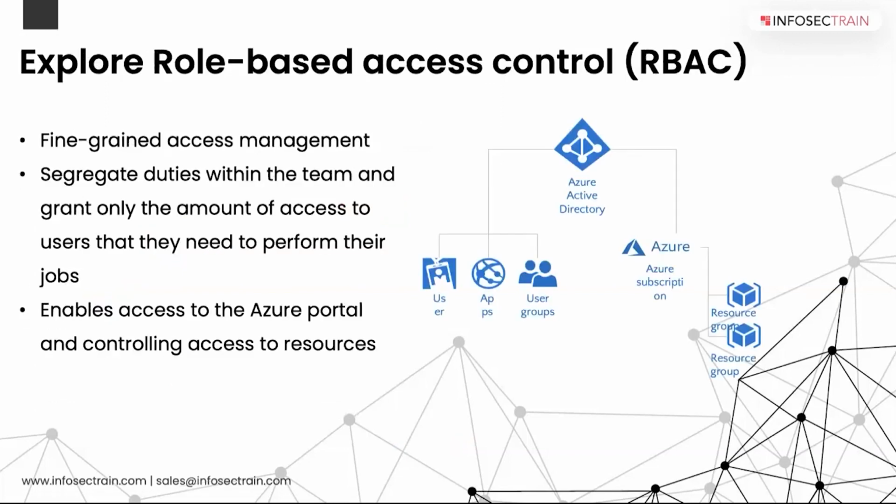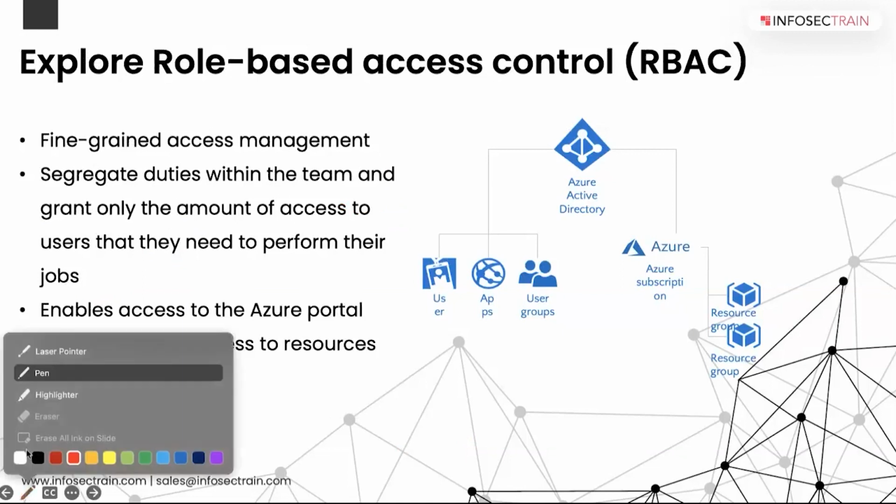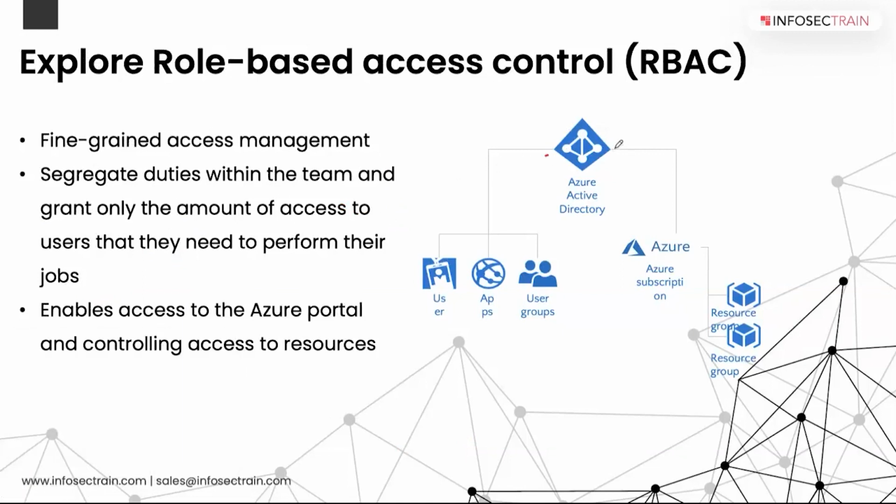Now, how is a particular role-based access control applied to a resource? First of all, you need to understand this diagram. This is going to be your architecture. So usually you will be having Azure Active Directory, right? Inside this directory, we have something called your management group. The tenant management group is at the top, right? Now, what is in there? There is going to be a management group. Then inside that management group, you can have a single subscription or multiple subscriptions as well, right?